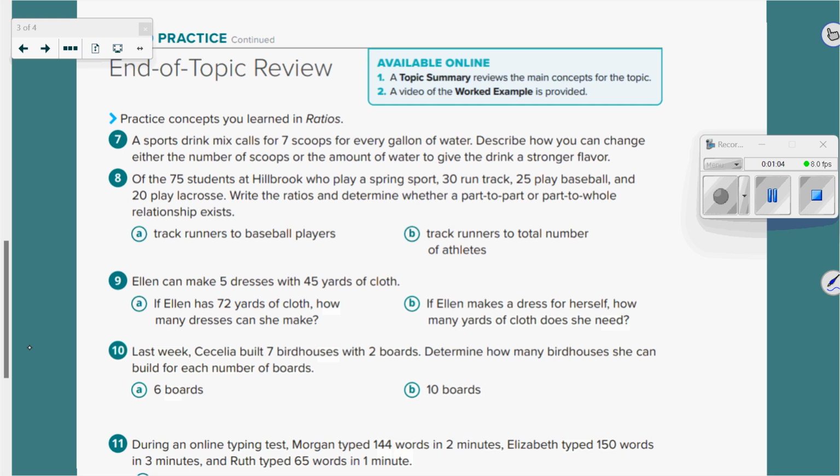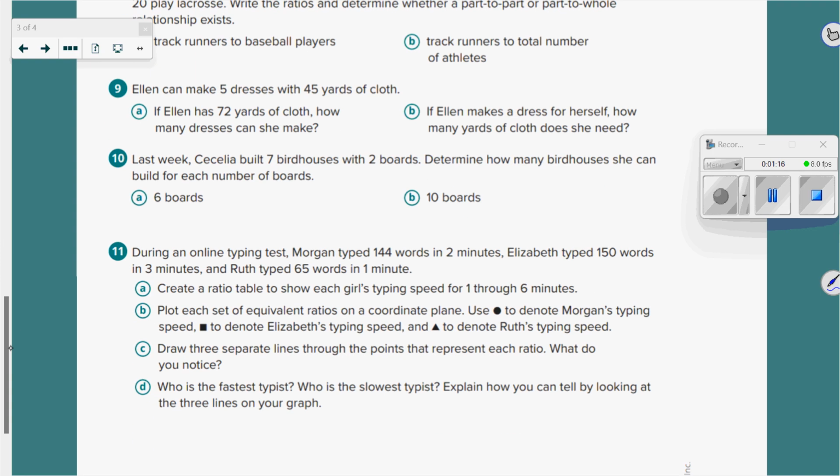If you are able to finish the entire test, you can go to the center table. You'll be able to compare answers with the other students. The idea is to come to a consensus and make sure everybody has the same answer. We are going to hand out a little piece of paper. You'll notice on number 11, your last part, you have to plot each set of equivalent ratios on the coordinate